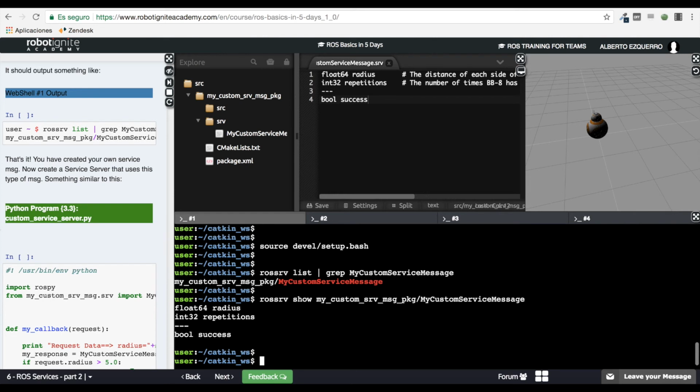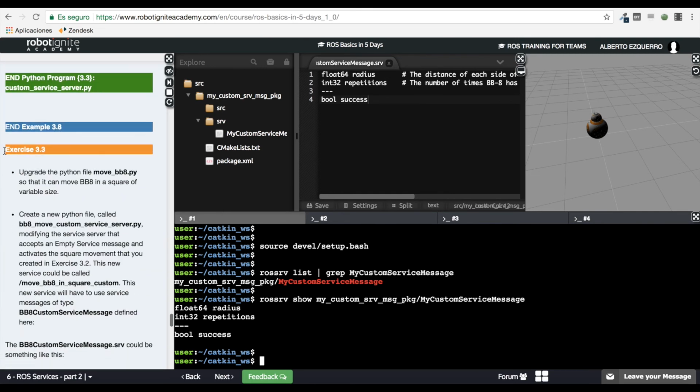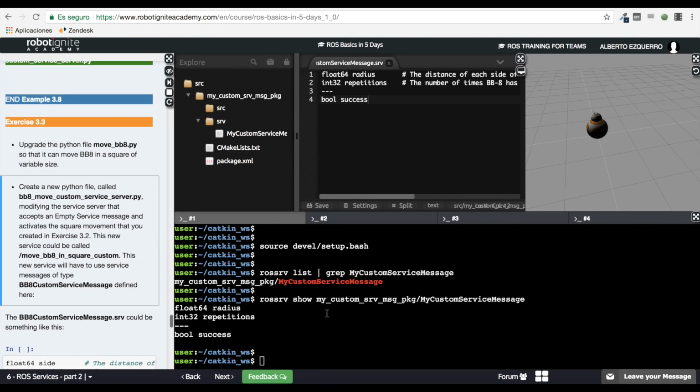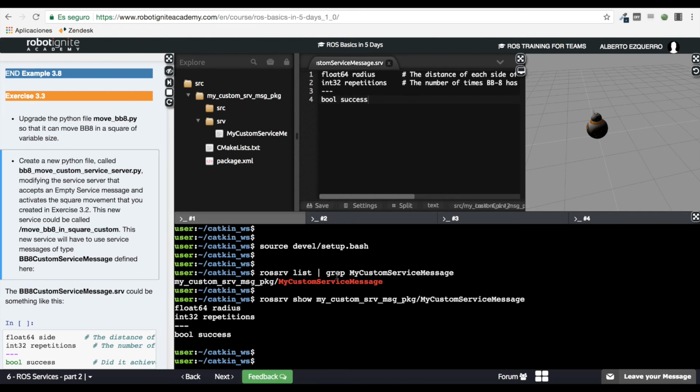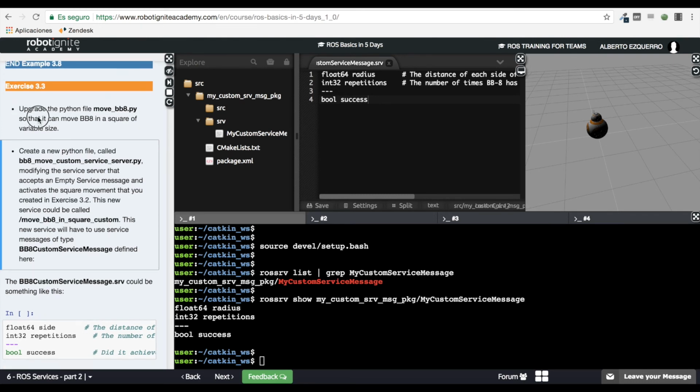Excellent. So we have created our custom message. Perfect. So now let's use it. For that, let's move to exercise 3.3. And here we will have to use our new message in order to apply it in a service. So as it says, upgrade the Python file moveBB8.py, which you created in the previous exercise, so that it can move BB8 in a square of variable